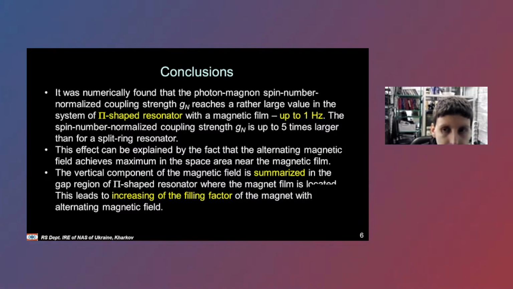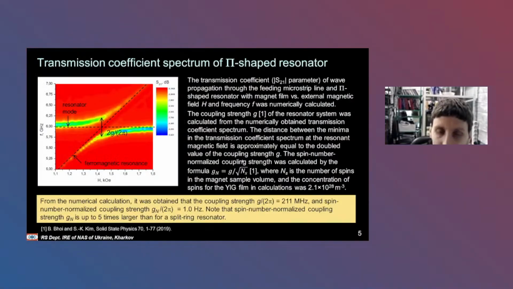What was the general expression which you are using in calculation of these numerical results? Maybe any reference, any papers you can give. Spin number normalized coupling strength or general parameter. The coupling strengths